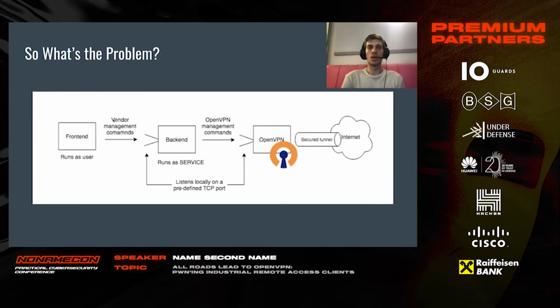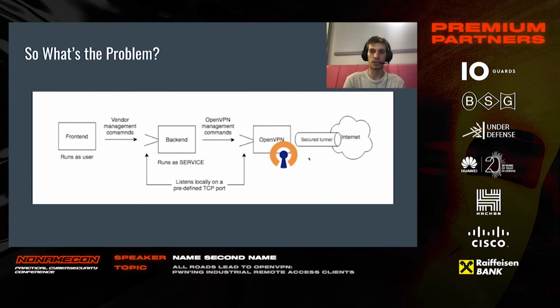As we said before, we have the front-end application, which runs in the context of the user because the user is double-clicking the OpenVPN application. This application sends commands to a backend service, which always runs as a Windows service. And this Windows service waits for commands, and it usually listens on a TCP socket. Once it receives the vendor management command, it will send a start tunnel or open tunnel command to the VPN, which listens using the management interface feature for a command, and it will send this command to the OpenVPN instance to start